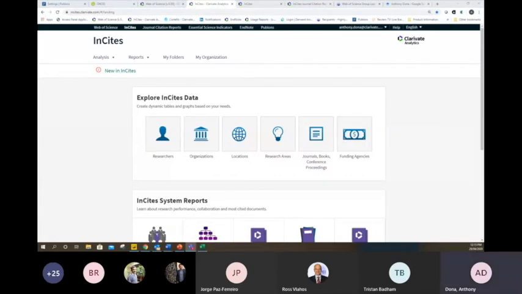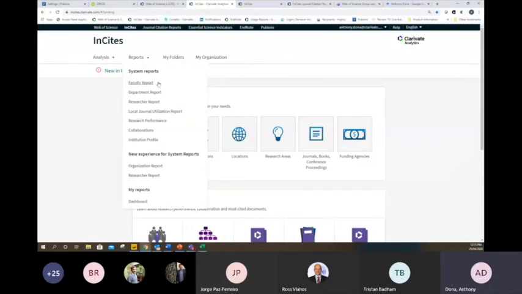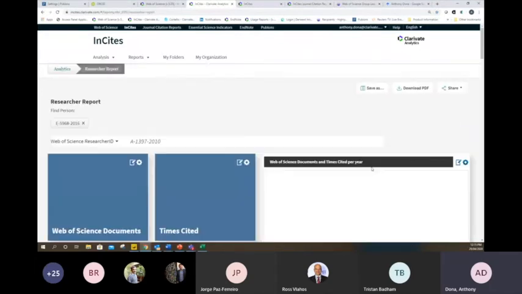There's a quick one just on a researcher report in Web of Science, Research ID. It says there's no results available. I think I mentioned it at the very, very start of the first session. Do be wary when you're using these reports. You can use any of these reports. So a researcher report will actually produce a report on an individual.